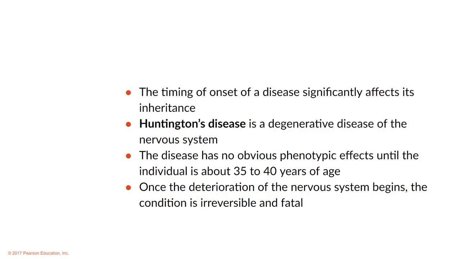All right. Timing of the onset of a disease will affect its inheritance. So if a disease expresses itself after reproductive age, so for us, that's generally after 35 to 40 years of age, most people do not have children past that. Obviously, exceptions do occur. But the later in life those diseases present themselves, the more likely that they are to sneak through the population,